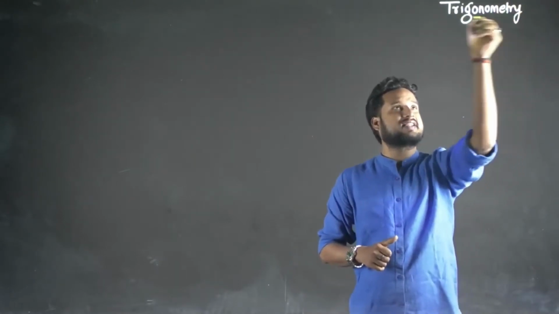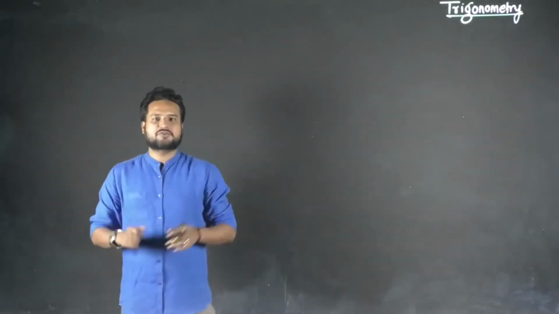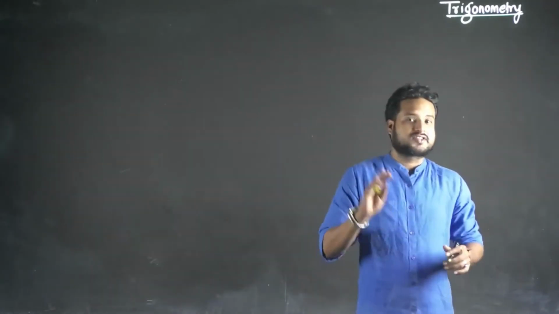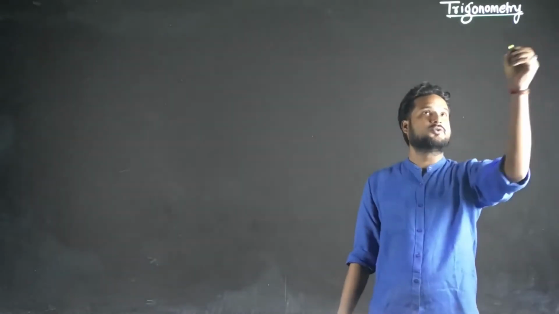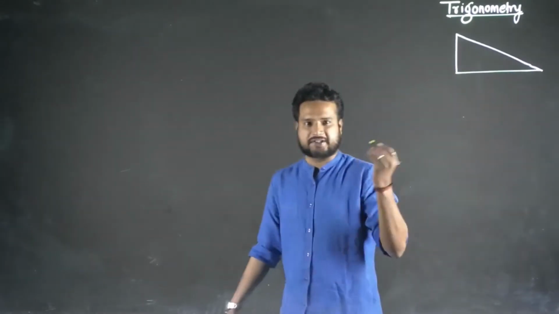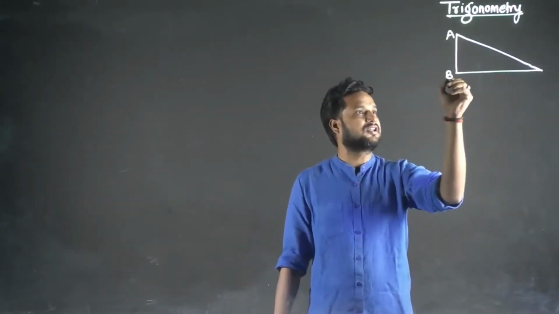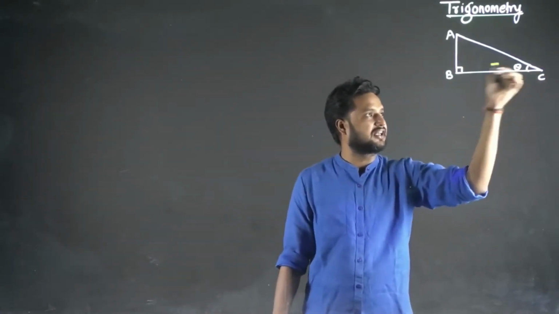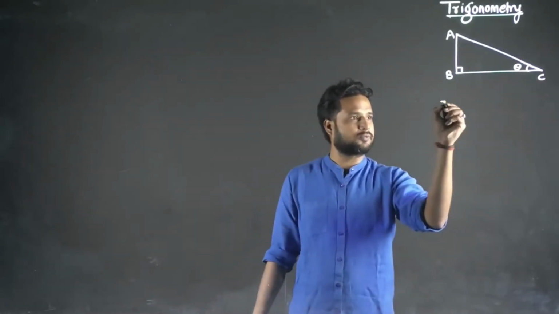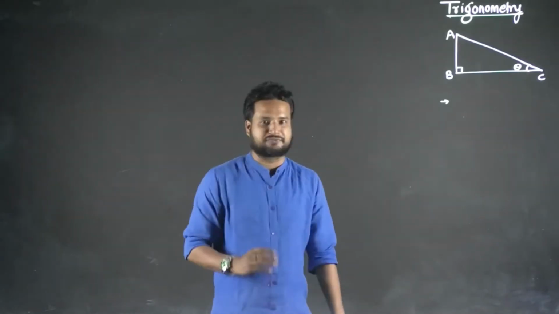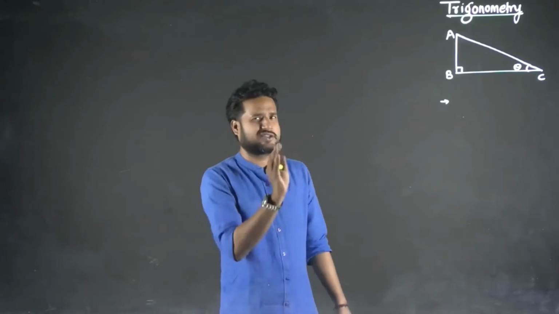As I said, I'll start from scratch. So let's go to 8th standard. What did you study in 8th standard in trigonometry? There are 6 trigonometric ratios, sine theta, cos theta and tan theta, and you studied the same with the help of a right angle triangle. Let me consider a right angle triangle ABC. This is the right angle part, and if I say this angle is theta, then one concept apart from trigonometry is Pythagoras theorem. When I make a right angle triangle, the first thing that comes to your mind is Pythagoras theorem. So let's just understand that.